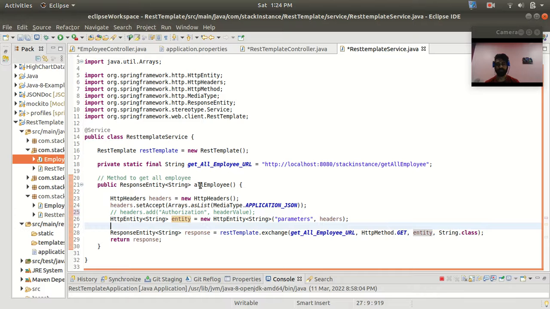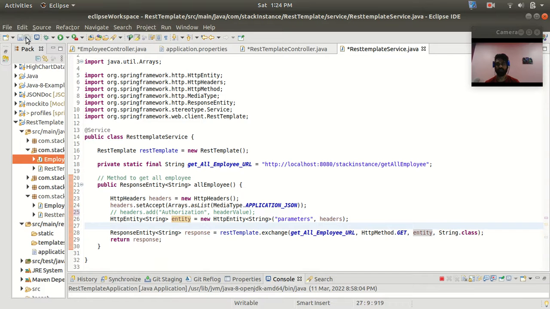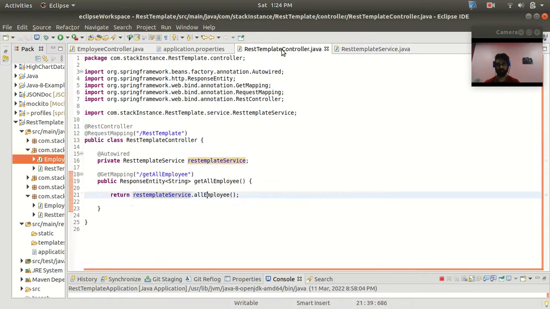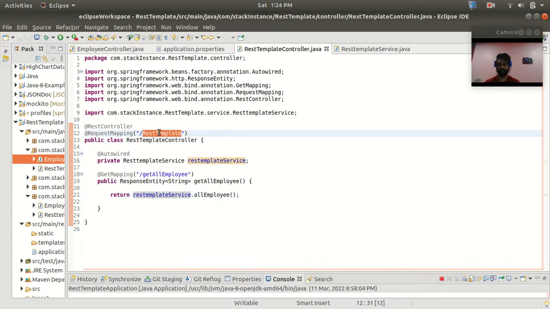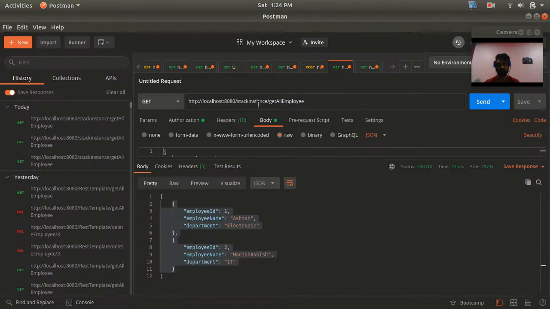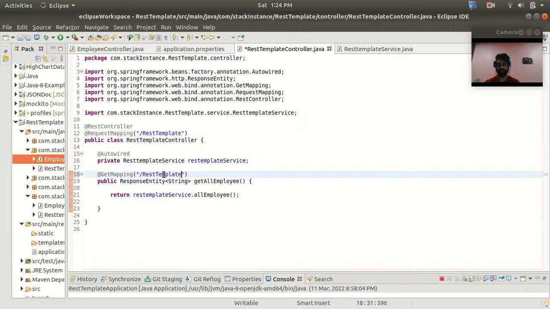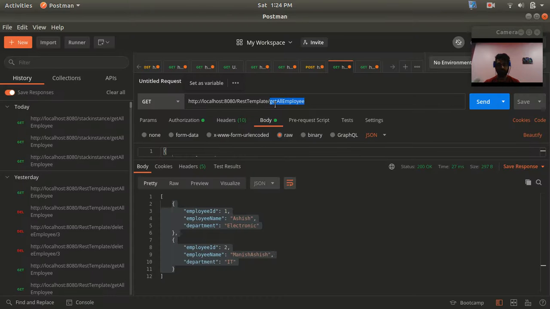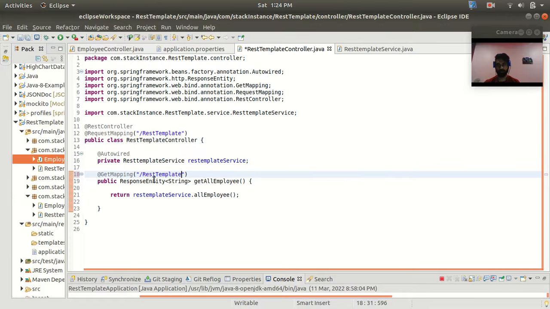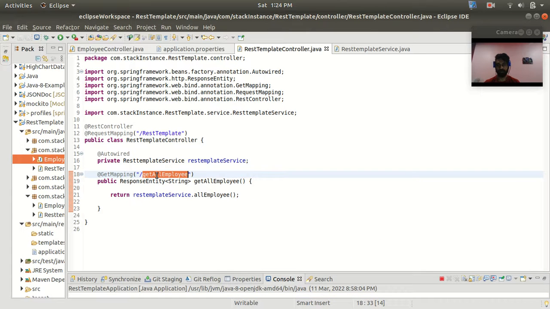so this service has been implemented. So now save it, and now let's go and test it. For this URL we have to write REST template and then get all employee. So let's go to the Postman, and here REST template, and then we have to use the endpoint. So get all employee. Go to the endpoint and paste it. Sorry, I have pasted here, yeah. So let's copy this,